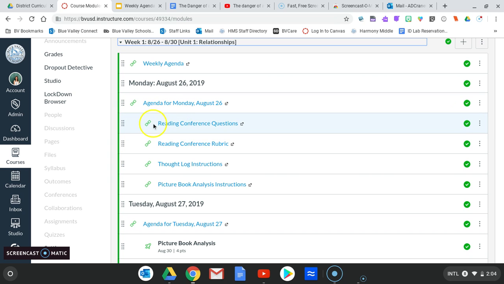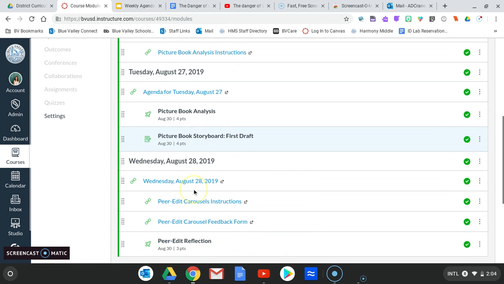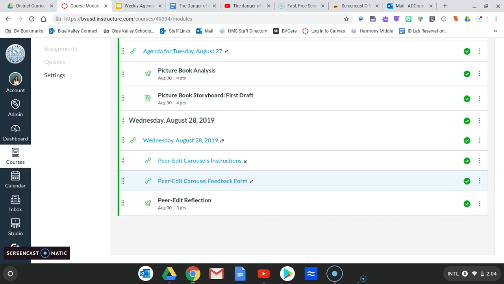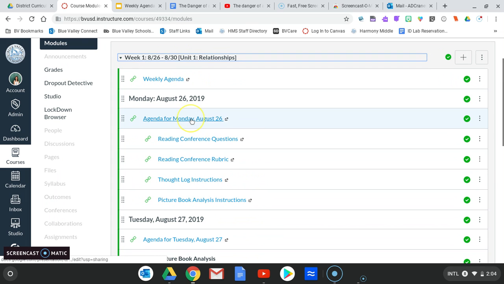So you can see that I've included a lot of Google Doc links to assignments and tasks and rubrics and other instructions. I've also included some quizzes and assignments in my organization as well, but the key is that it's organized by day within the week module, and that I'm indenting each of those sections to make it clear and